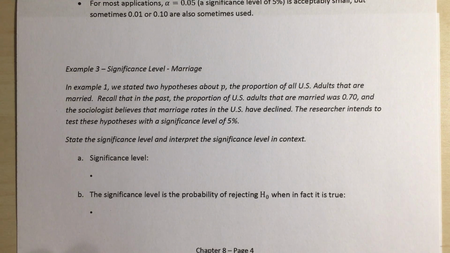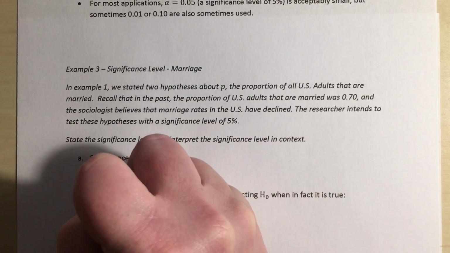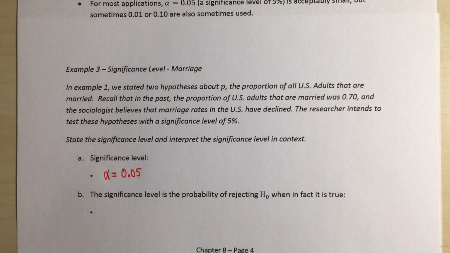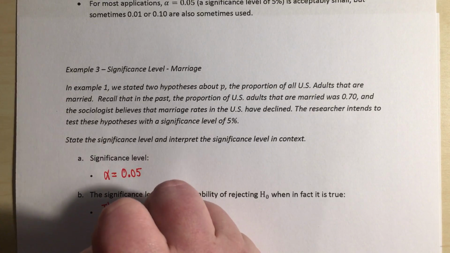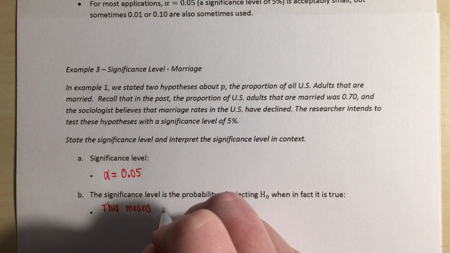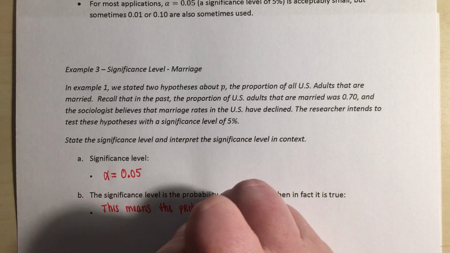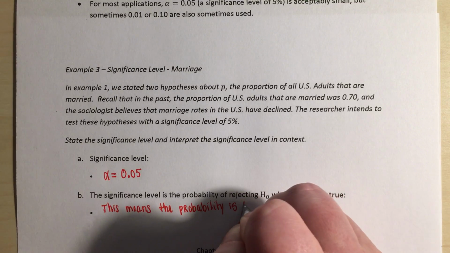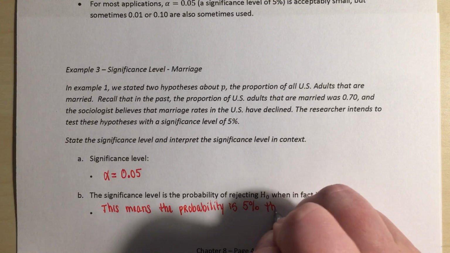All right, so we're going to state our significance level and interpret this. So our significance level, remember we use the Greek letter alpha. So alpha equals 0.05, right, 5%. And what does this mean? What does our interpretation mean? Right. So this means the probability is 5% that the company will conclude